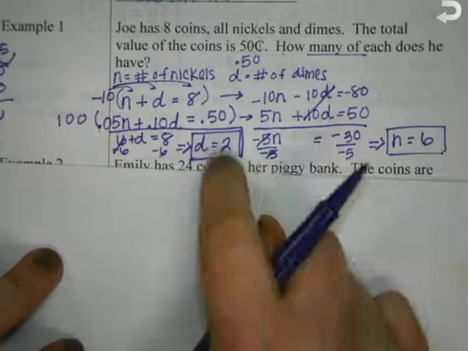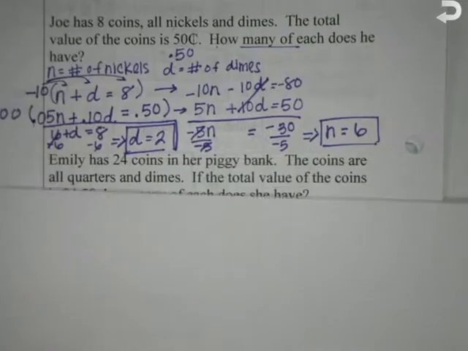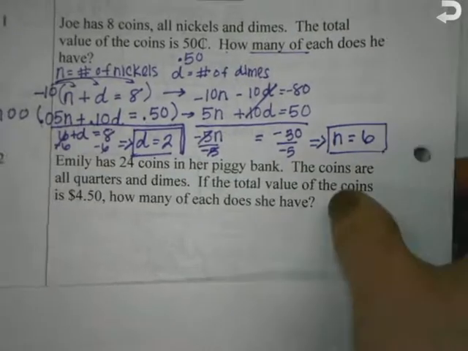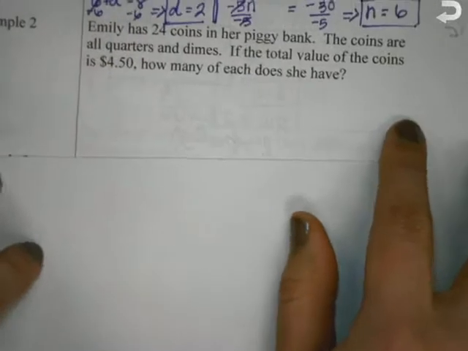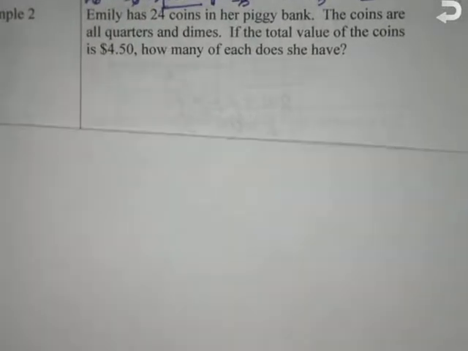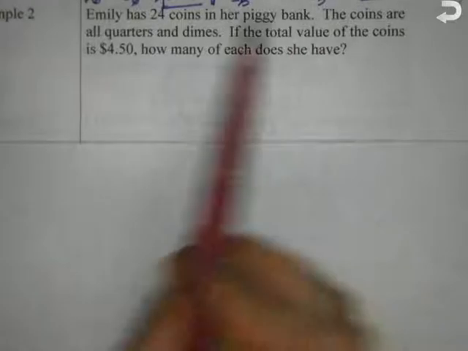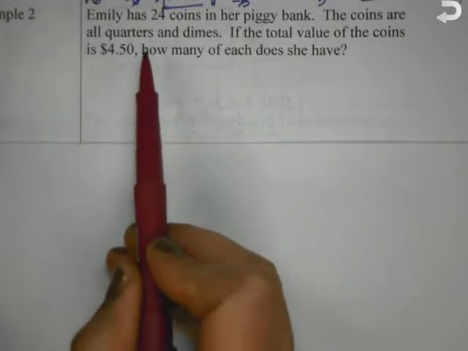Problem, example 2. Emily has 24 coins in her piggy bank. The coins are all quarters and dimes. If the total value of the coins is $4.50, how many of each does she have? The first equation,